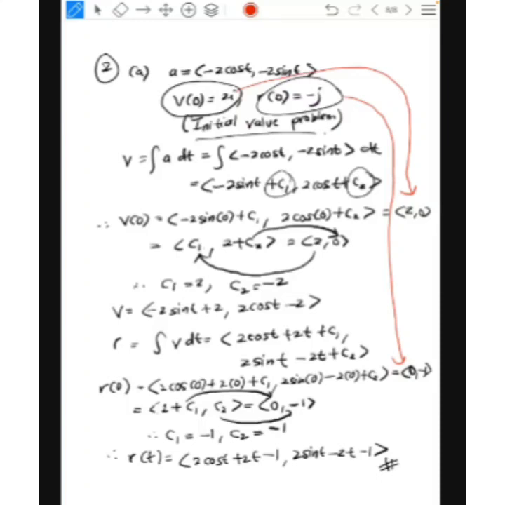So this one should be negative 2, this one should be negative 2. Plus 3, cos 1. Okay. Untuk nombor 3,